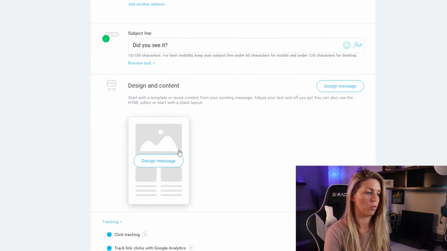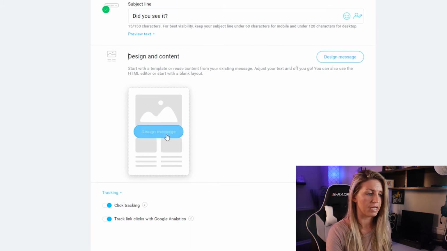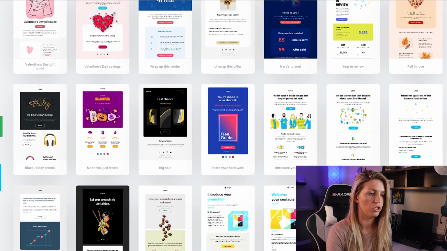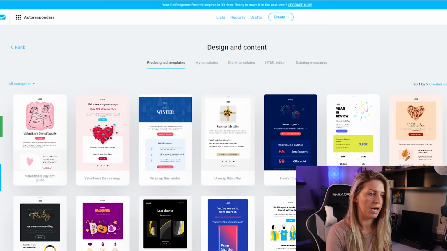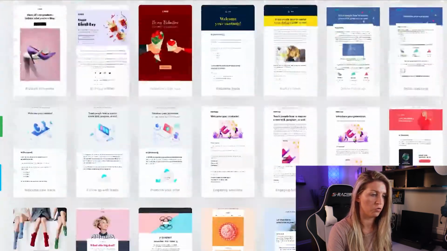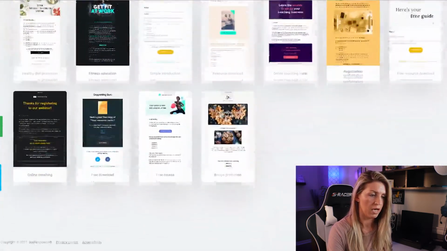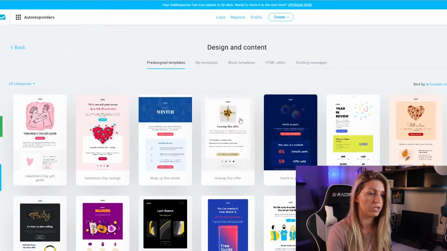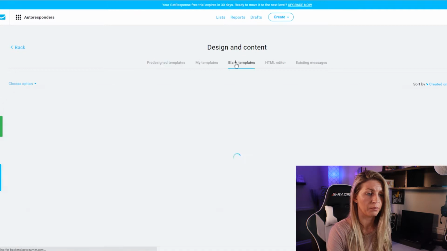And then the next part we go to is design content. I'm trying to get through this as quickly as possible for you so that you can get started with this. And you can see here, look, there are absolutely bunches and bunches of templates for you to choose from, some eye-catching ones. And you can use whichever ones you like, but personally, I like to go with the blank template,